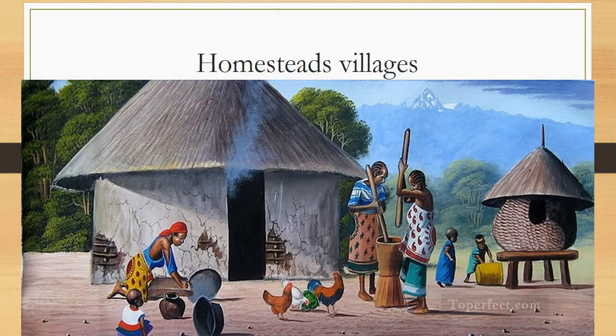Now, what's important to remember is each village would be of the same clan. So what I mean by the same clan is they'd be linked to a common ancestor. And this is found through lineage. So we can say for our specific lineage, we have a unique surname and we can trace back to where we come from. So it was the same thing with the homesteads and the villages. A village would either be a Zulu village, a Xhosa village, a Venda village, etc. So it was all to a common ancestor.